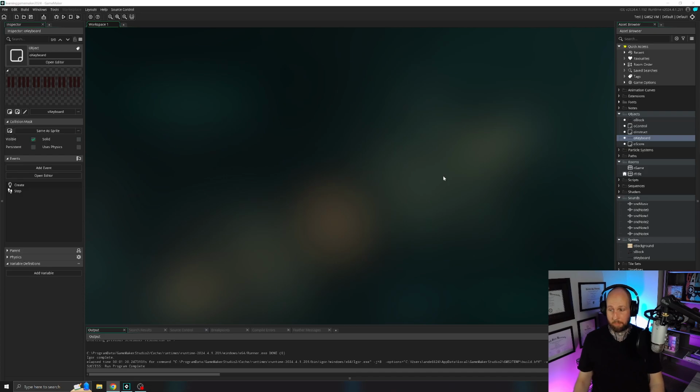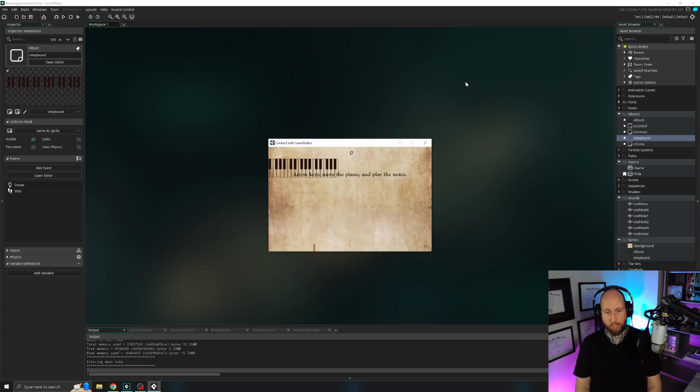Let's learn about collisions. So collisions in game making or game design is when an object interacts with another object, usually to stop the object from moving. So imagine the game Tetris, right? In Tetris, a block moves down, and then what keeps it from moving further down is a collision. What keeps it from moving off the left of the game screen is a collision. In this game, we want our piano keyboard to not be able to leave the boundaries of